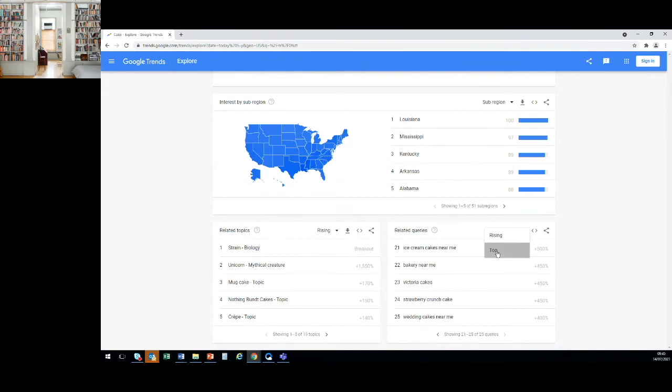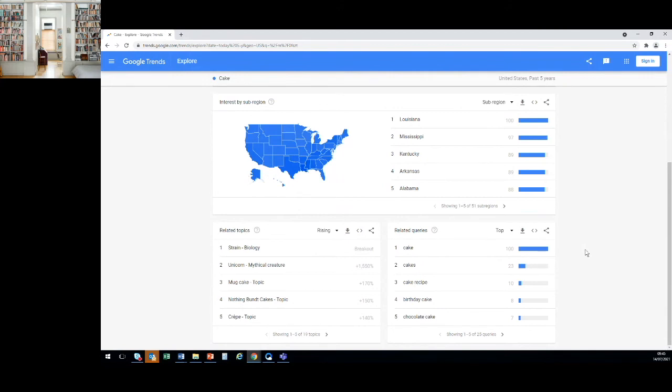What does the top mean? It means, on average, what search terms related to cake are more popular, when all the data is aggregated together.